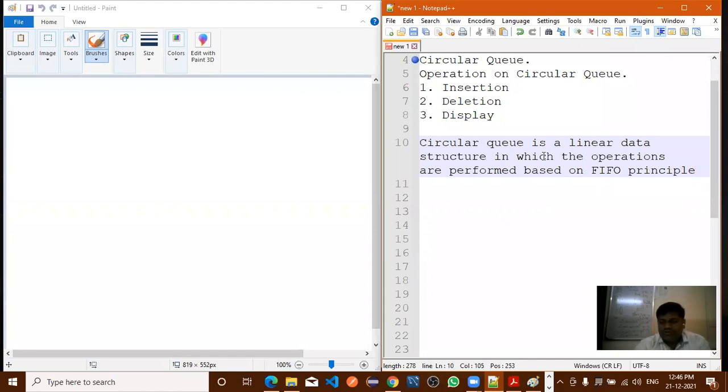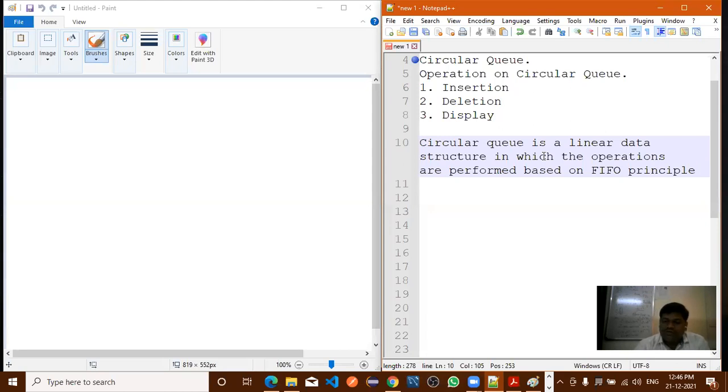When you are inserting elements, the first element is inserted first, and at the time of deletion also, we delete the first element first. First in, first out. This kind of principle is used in a circular queue.